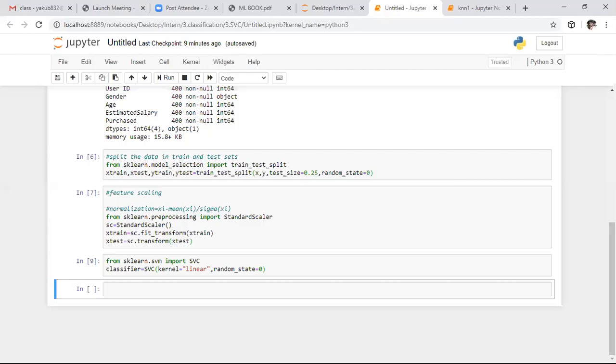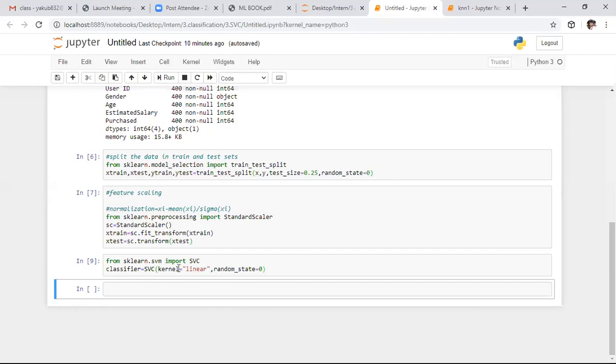We will use a non-linear kernel, that is an RBF kernel. So here I'm keeping the linear kernel. If you keep the linear kernel, there is no difference between logistic regression and this model. This is a very computationally intensive algorithm. If you use a linear kernel, it is better to go with logistic regression or k nearest neighbor only. No need to use this algorithm.